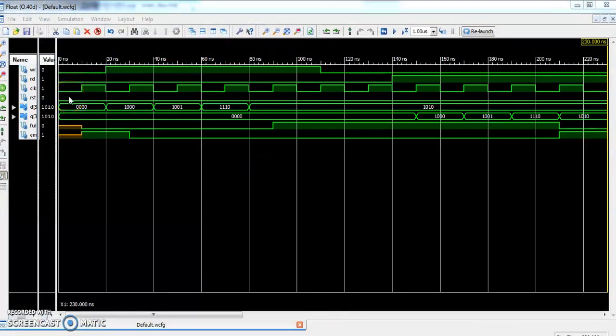So you can see here we have generated a clock of 20 nanoseconds. Then we have made write equal to 1 after 20 nanoseconds. At the same time we have given D equal to 1000, 1001 and 1110.